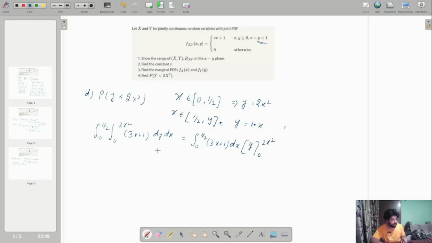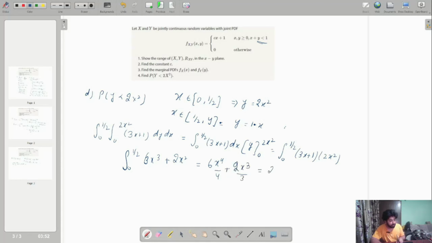So we'll write it like this. So now when I solve this, I can say it is 0 to 1 by 2. Here I will have 6x cube plus 2x square, and then I will have 6x by 4 plus 2x cube by 3,